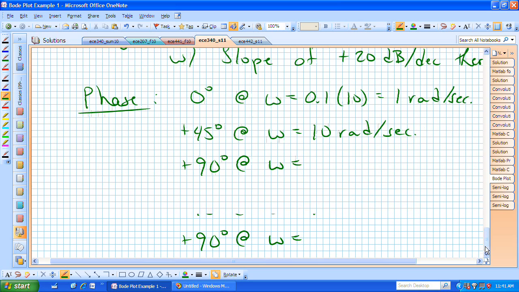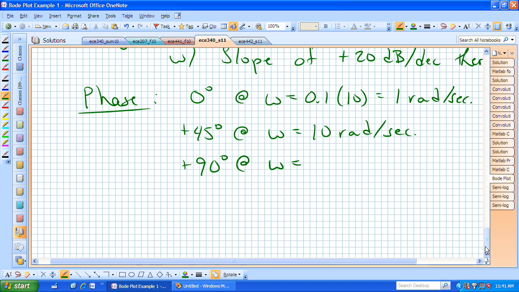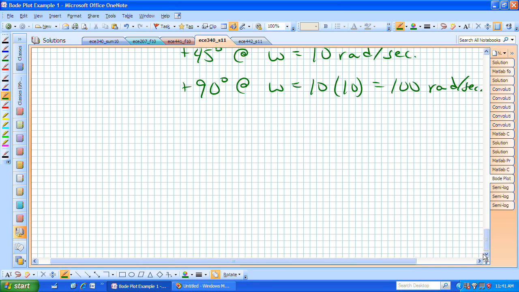And it will have contributed in this straight line approximation its maximum phase a decade above the break frequency, or by 100 radians per second, we will have in our straight line approximation this zero factor giving us all of its 90 degrees. We then only have the one more pole left,